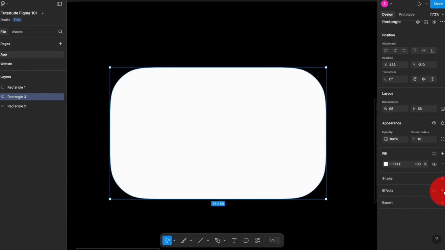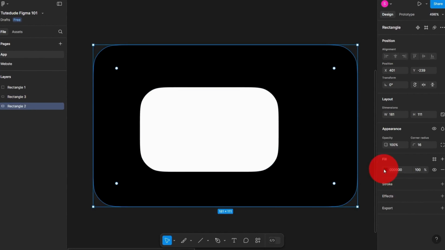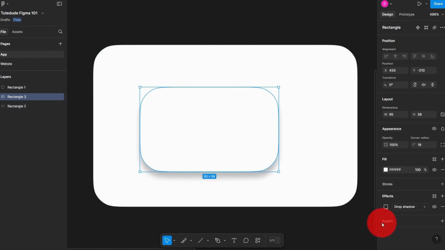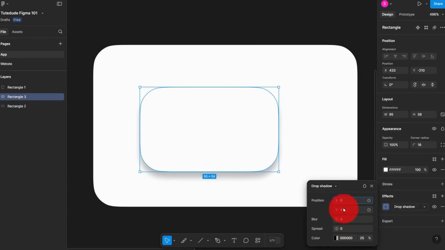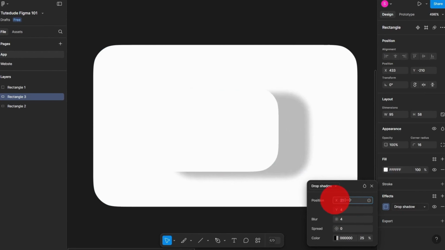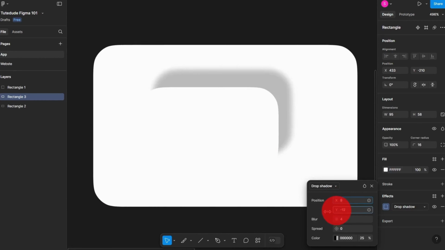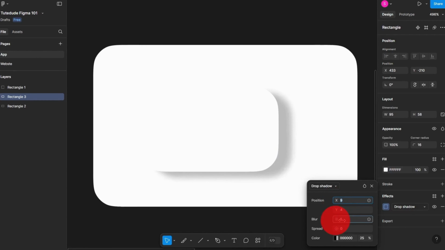Next we have effects. Effects in the sense, first is drop shadow, right? Let me make it to white. Yeah, you can see the drop shadow now. So the drop shadow has x-axis, y-axis. In x-axis, left and right. Y-axis is top and bottom. Then you have blur. If you increase the blur,